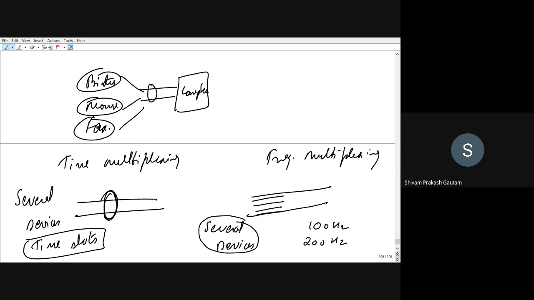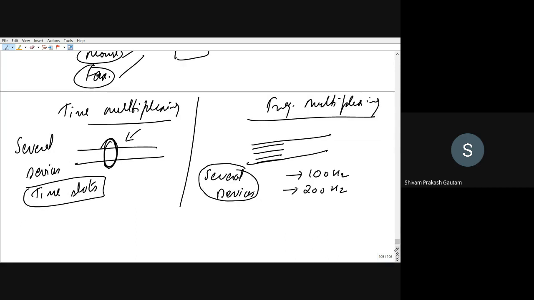So in time multiplexing, each device utilizes the whole bandwidth or whole channel, as you can see in this first case. Whereas in frequency multiplexing, the channel is divided into different frequencies, and each device can access the channel at any time, given the condition that it has to operate at a certain frequency, right? So this is the basic definition of time multiplexing and frequency multiplexing. Though it is not in the digital electronics domain that we are going to discuss, just for a brief idea I have given the examples.